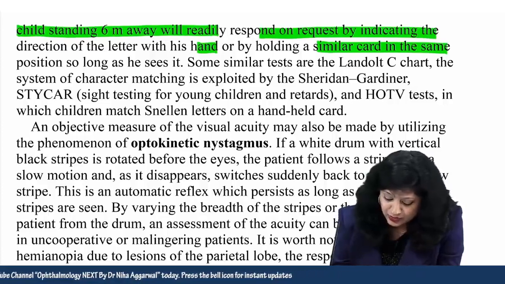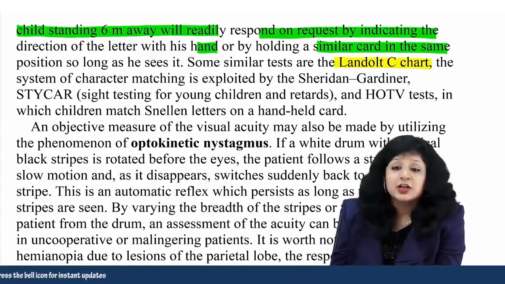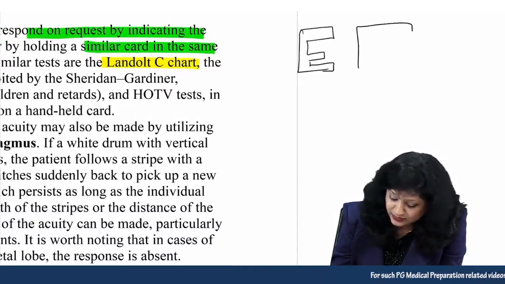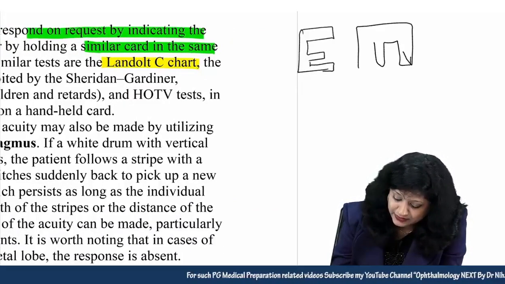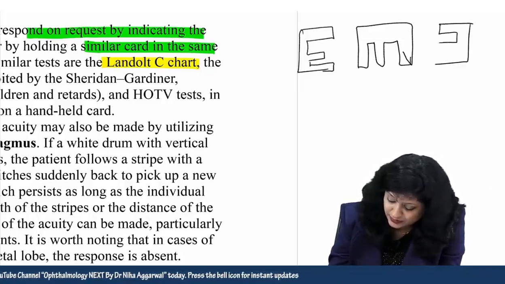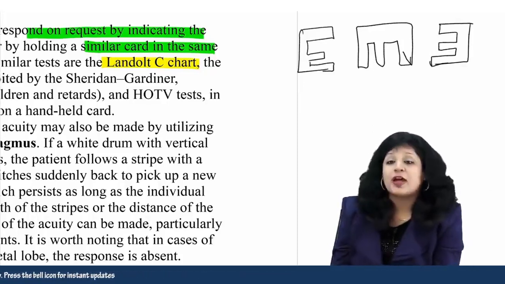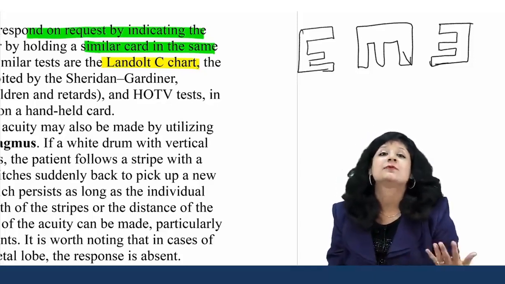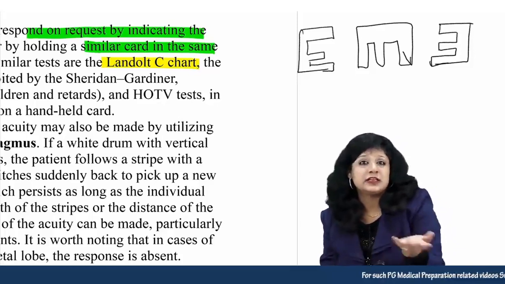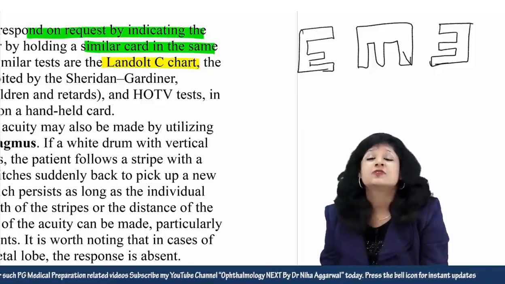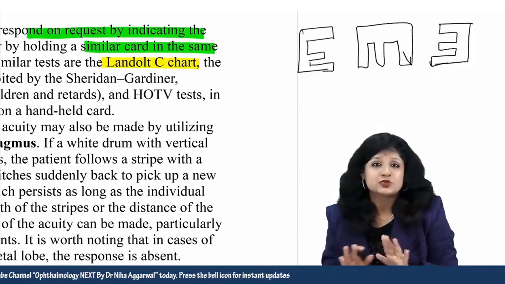Some similar test we also have, the Landolt's C chart. So in this, what is happening? You are showing the card. Sometimes E is opening in this direction. Then you have to ask whether it is up or whether it is down, whether it is right, whether it is left, something like this, or it could be something like this also. Okay, and you have to be very clear that the patient does not give you answers like here and there, because that becomes very cumbersome for you to understand whether the patient is telling you the right one or not. So you have to be very precise, tell the patient and give the proper instructions. You have to tell up, down, right or left. That has to be very, very clear.